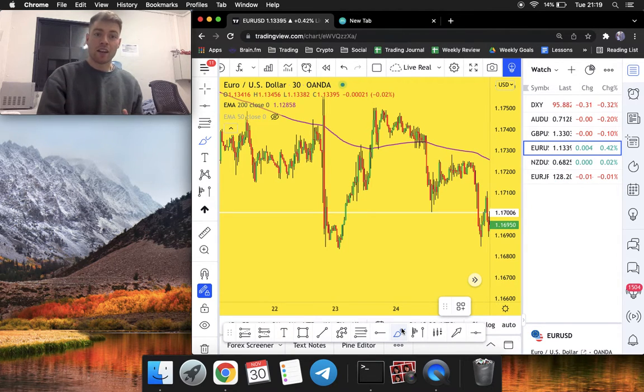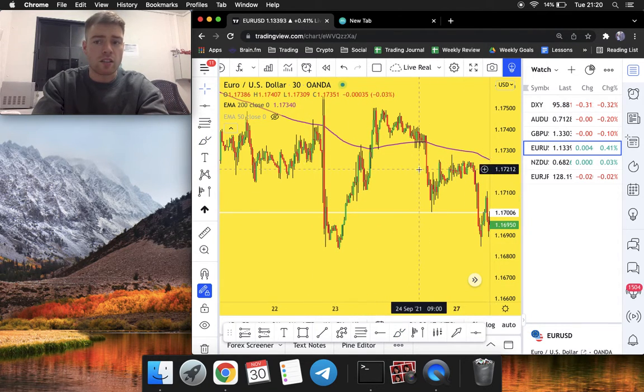For example, if you know from experience that price moves at the London session, 7, 8, 9 a.m., well then you've got to stick to that. You've got to only trade at those times. If you're trading at, for example, 9 o'clock at night, 10 p.m., 11 p.m., 12 p.m., then you're not sticking to your plan. So how can you expect to get those consistent results that you're looking for? You have to stick to something that's actually proven to work to be consistently profitable. And like I said,